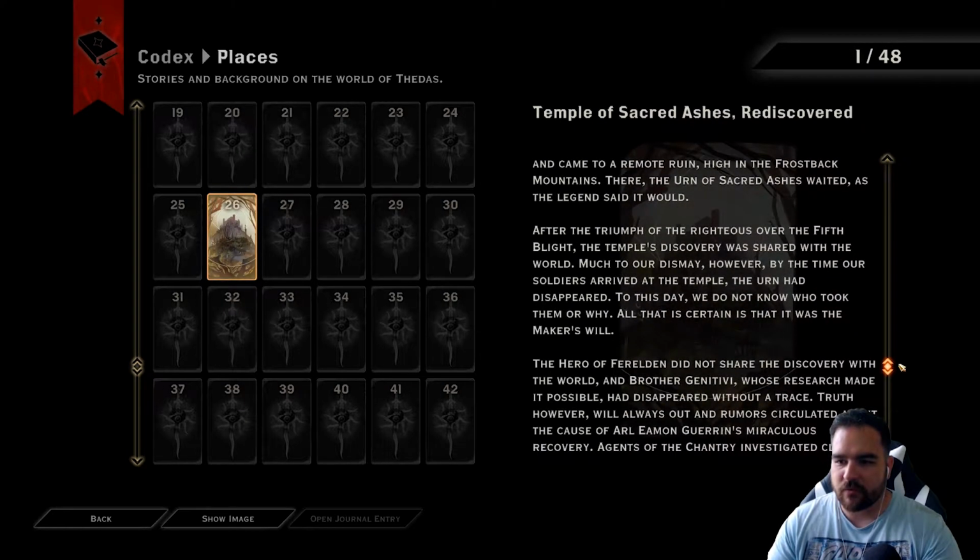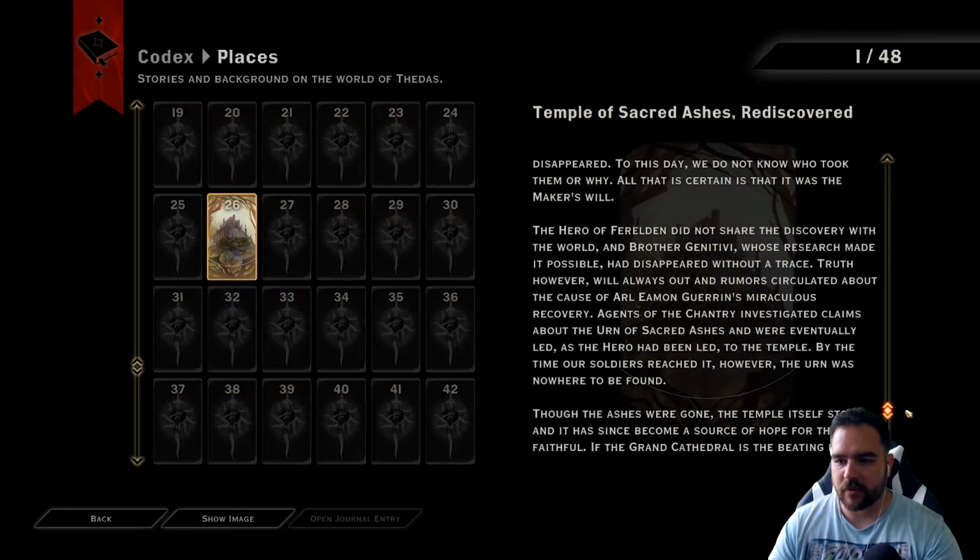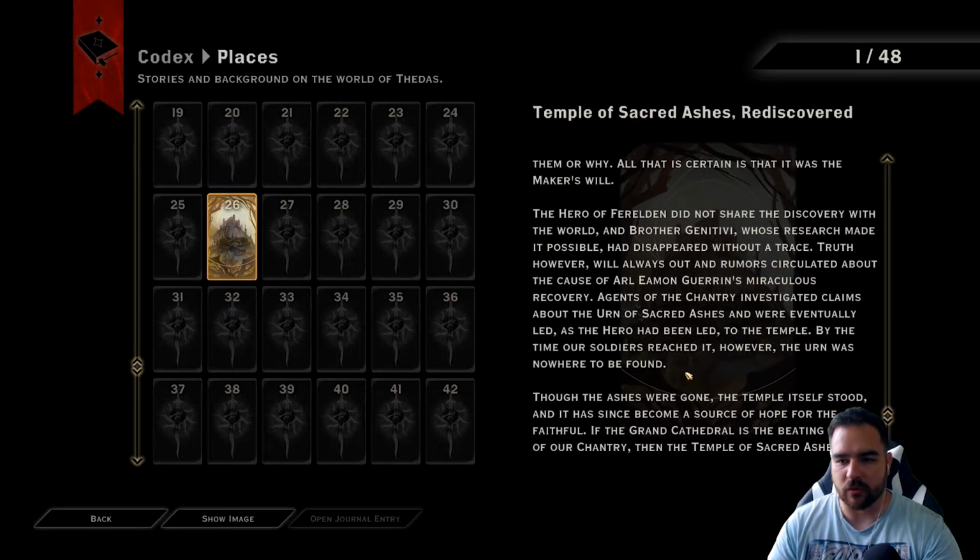After the triumph of the righteous over the Fifth Blight, the temple's discovery was shared with the world. Much to our dismay, however, by the time our soldiers arrived at the temple, the urn had disappeared. To this day, we do not know who took them or why. All that is certain is that it was the Maker's will. The hero of Ferelden did not share the discovery with the world, and Brother Genitivi, whose research made it possible, had disappeared without a trace. Truth, however, will always out, and